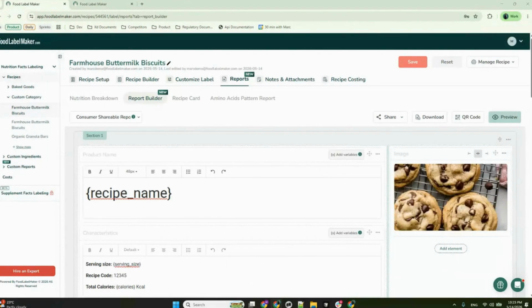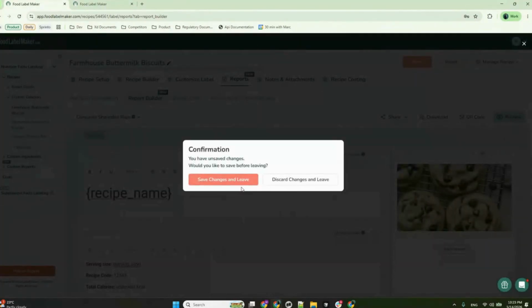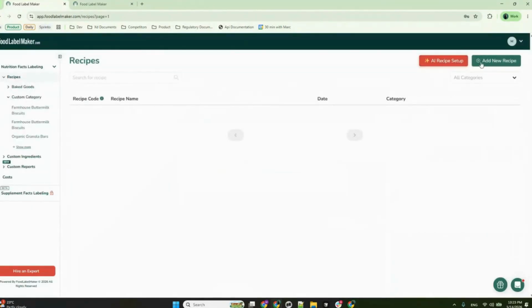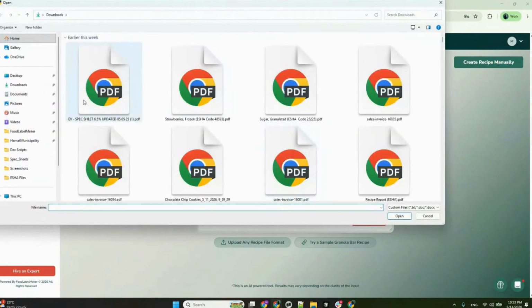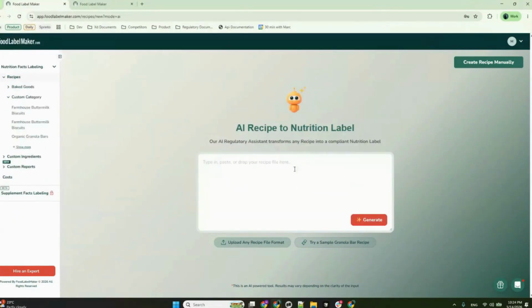Nadine is asking, could you upload a recipe on an Excel sheet or a complete set of Excel sheets to the same Excel folder? You can definitely upload an Excel sheet. So we do allow Excel on the parser. So you can basically upload any file format. It could even be an image. If you have a screenshot of your spec sheet, that also works. You can copy paste off of Excel and directly input here if that's faster for you,